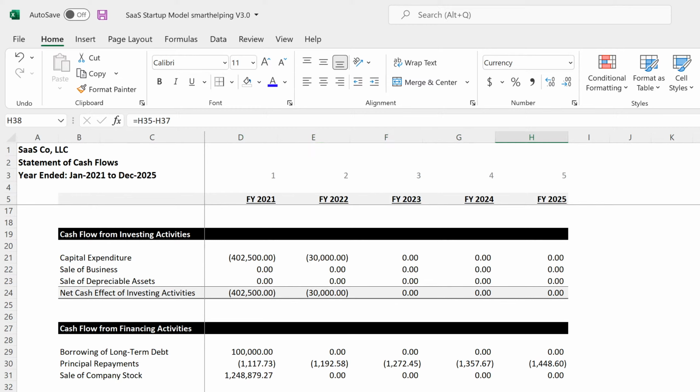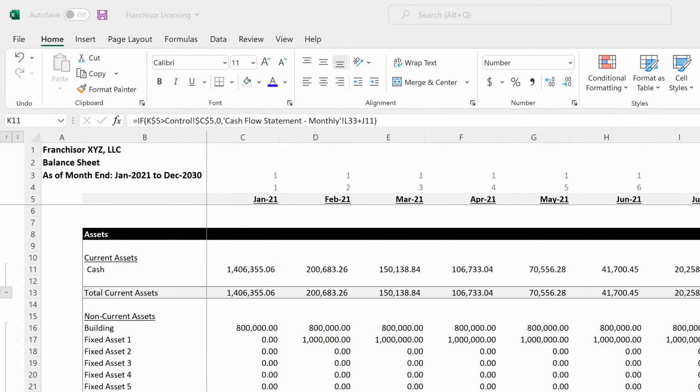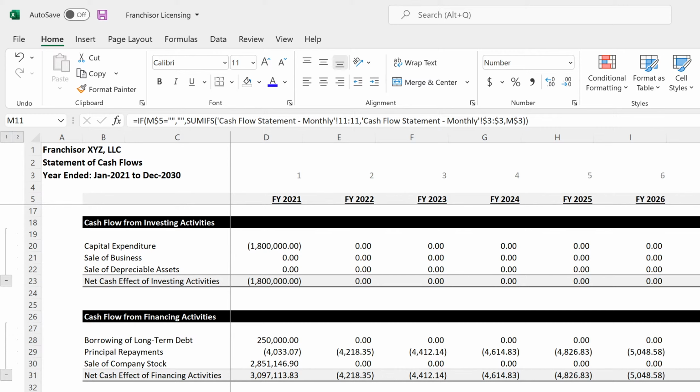So I'm missing the exit proceeds of the building on here. Let's go over, where did I put that on the franchisor licensing one? Wait, did we not put it in here? Hold on, let's